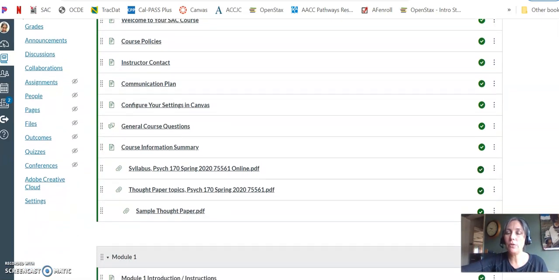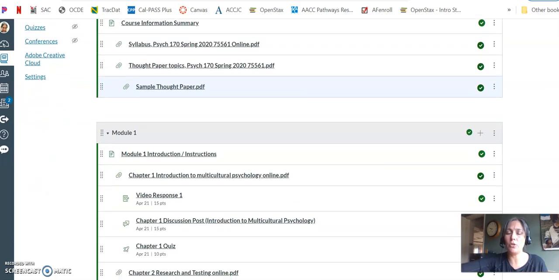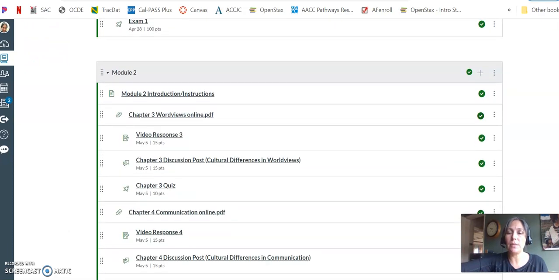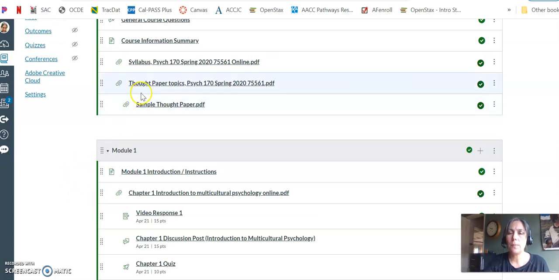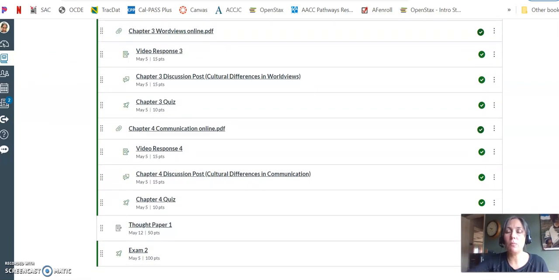As I scroll down in the course information module, I can see the syllabus, thought paper topics, as well as a sample thought paper. I'm going to go ahead and scroll down to module 2, which is where the thought paper assignment is. You're welcome to print out these thought paper assignments for both of the thought papers in the course, but all of the information is loaded within the module that contains the assignment. If I click here on thought paper 1, we're going to be able to see the assignment